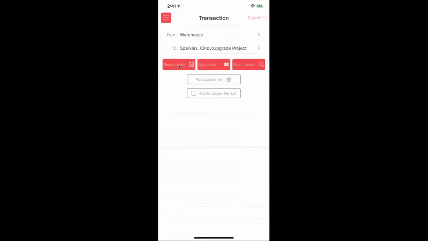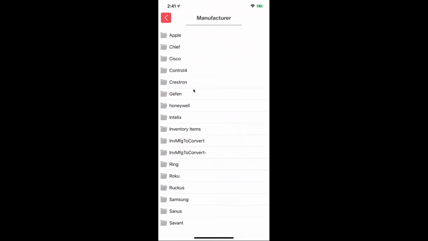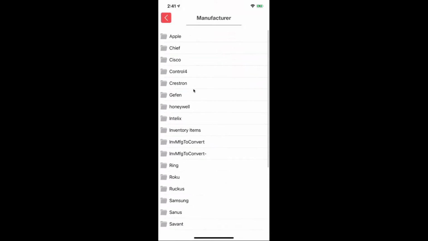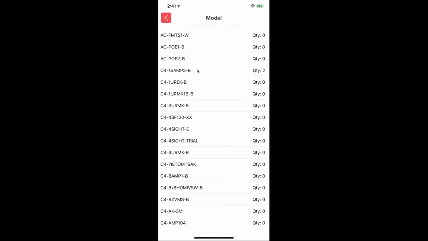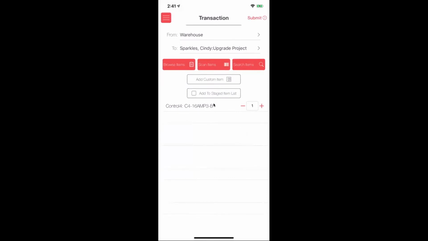I can either browse the items. So if I click browse items, it's going to bring up my QuickBooks inventory list. This is all the parts that live in QuickBooks. So if you're using, say for example, D-Tools, and you sync D-Tools to QuickBooks, anything that's in your D-Tools database will sync into QuickBooks, and therefore it will show up in Tracknicity. So I can go here to Control4. I can say I want to take this C4 amp,